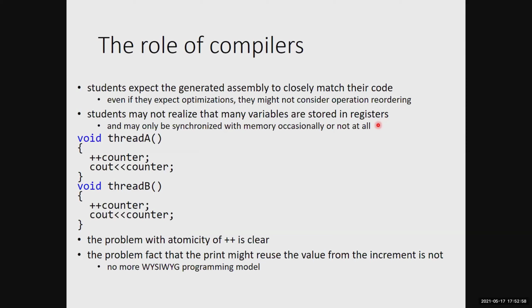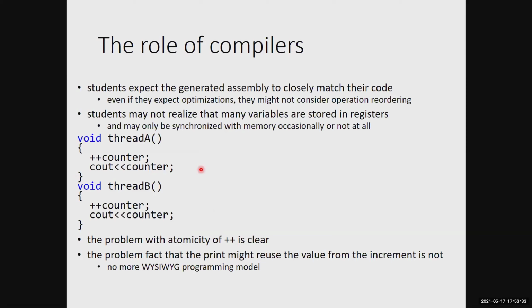So the example I usually start with looks like this, where we have two threads that increment the counter and then print out the value. And then it's quite easy to demonstrate that these concurrent increments of the same counter, that's kind of the textbook example. If you have read, modify, write from two threads, you could have a nice race condition. But what's much less obvious is what this printing out of the value of the counter does,